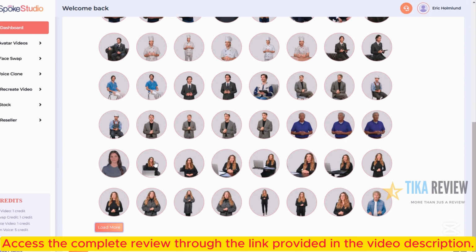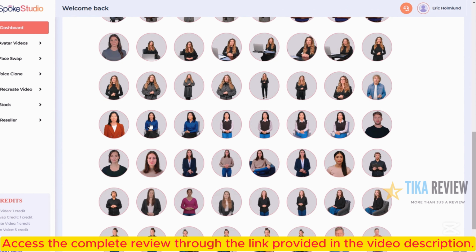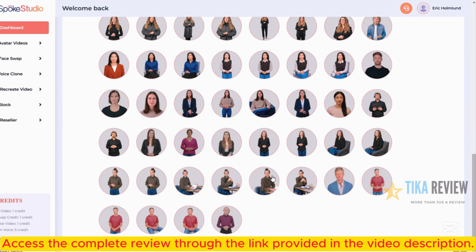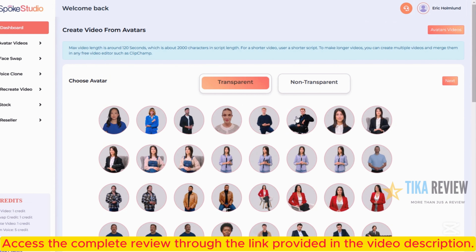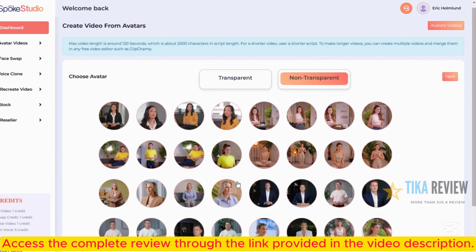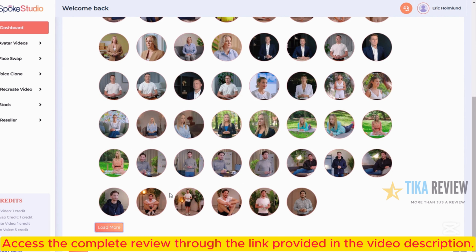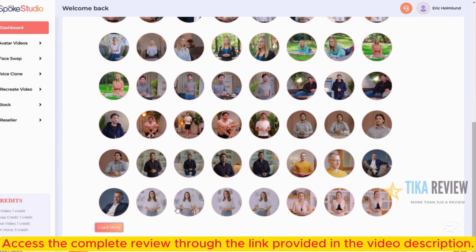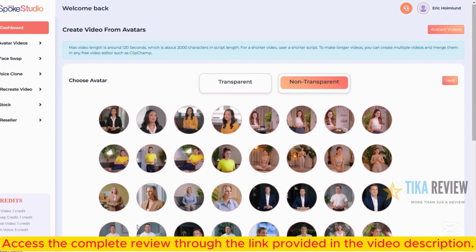You can see how we've organized them in groupings, and most of them have a wide angle shot or medium angle shot, plus one from the side, plus they might have one sitting, plus they might have a wider angle, and then same thing on the non-transparent. We've got these grouped into multiple angles of the same character or avatar. So I'm going to show you what to do with that here in just a minute.